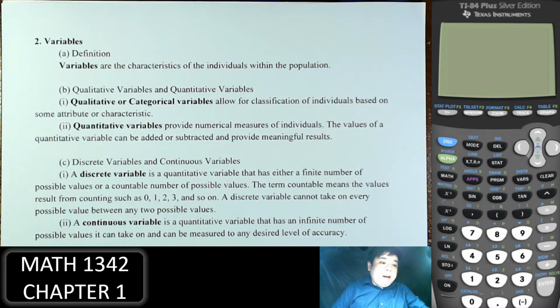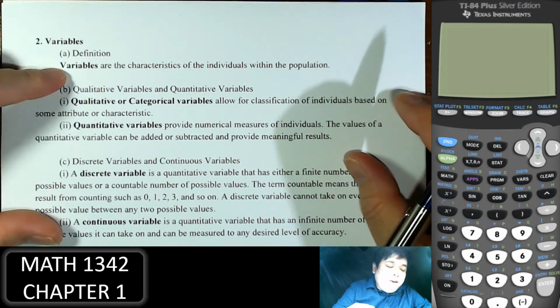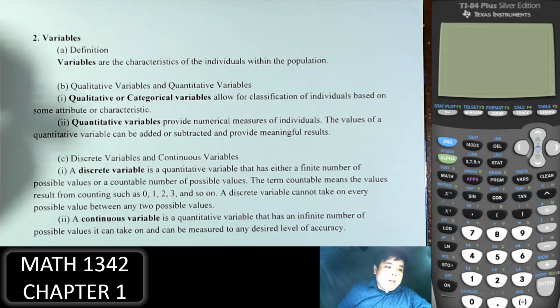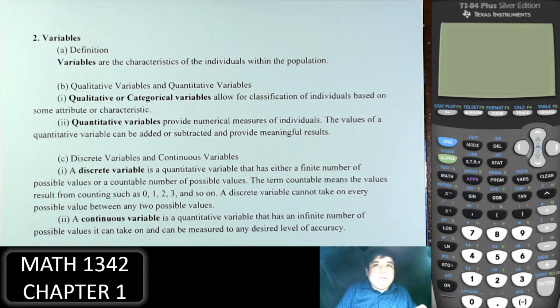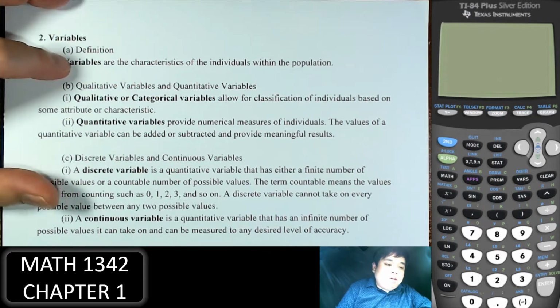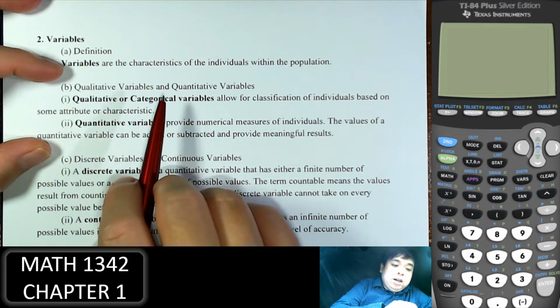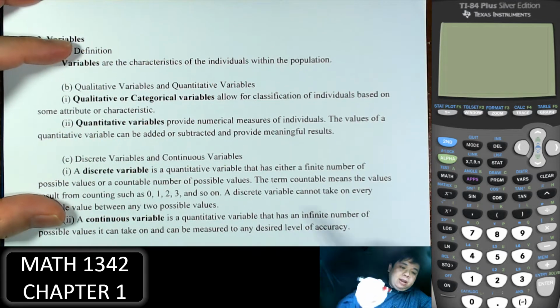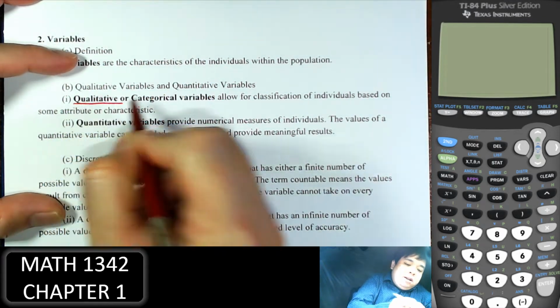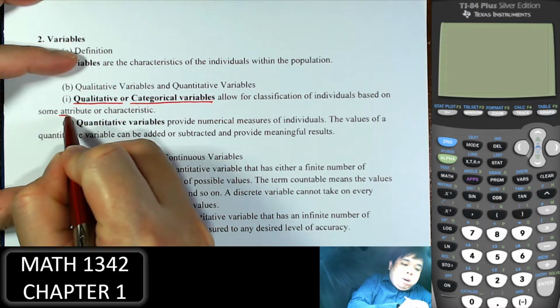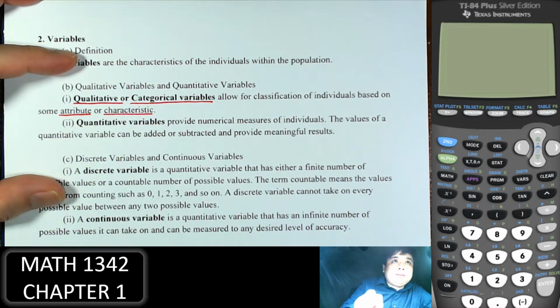Variables. It is important in this chapter that you distinguish the types of data. The definition of variables: they are the characteristics of the individuals within the population. For example, a person could be left-handed or right-handed, have an age, and other attributes, and all of those are called variables. First, we need to distinguish between qualitative and quantitative variables. Qualitative or categorical variables are based on an attribute or characteristic,